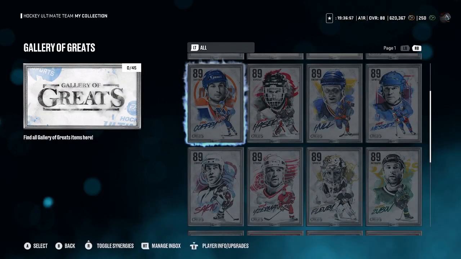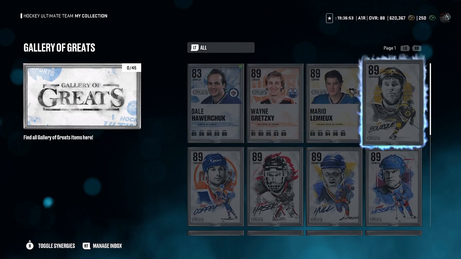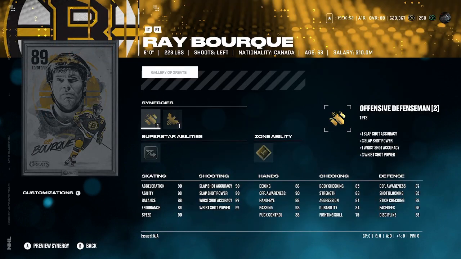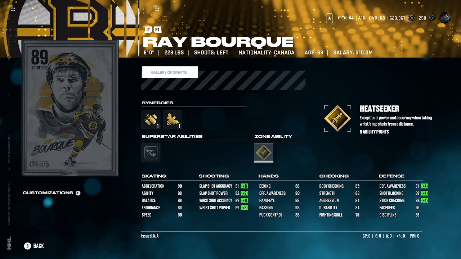That's why I have him in at number 6. And at number 5 is his counterpart, Ray Bourque, the highest scoring defenseman in NHL history, I believe. 6 foot 2, 223. He also has offensive defenseman, defensive boost. He has silver elite edges, but he has gold heat seeker. And honestly, they're kind of like 1A, 1B on the left side, but Ray Bourque is going to have